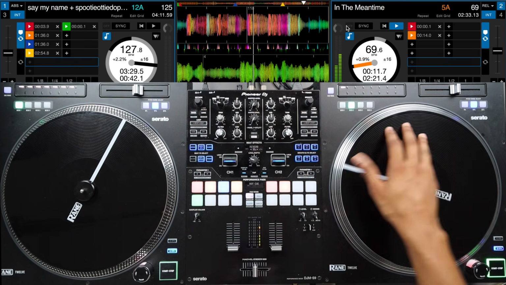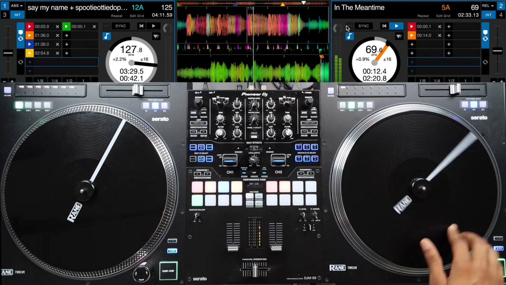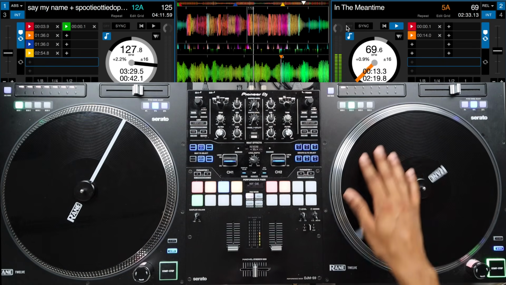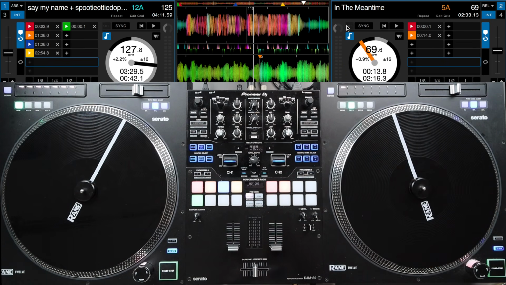If you just like to look at waveforms, you can also just look at the waveforms. For me, I personally like to look at the actual timing. Now, on the other hand, for the song that you're actually going to be fading out of, since this can be used for genres or just for large BPMs, what I like to do is wait to the very end of the song or wait for a part of the song where there's just an instrumental, something where there's not